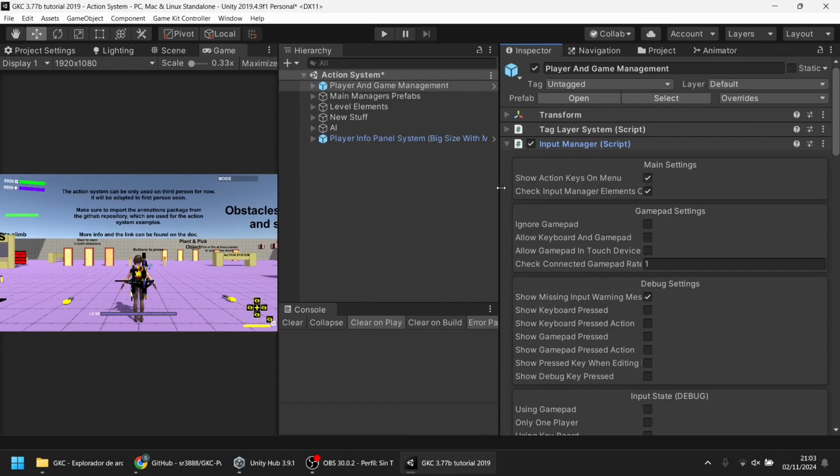But you can go here to the main player on the scene, here player and game management, and go to input manager, and here there are 2 options: ignore the gamepad, which in this case will allow you to use just the keyboard and ignore the gamepad even if it's connected, and allow keyboard and gamepad. You can enable any of these in order to use both the gamepad and the keyboard, or just the keyboard.